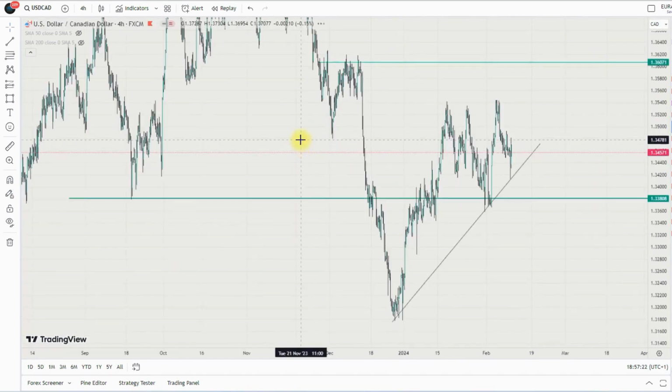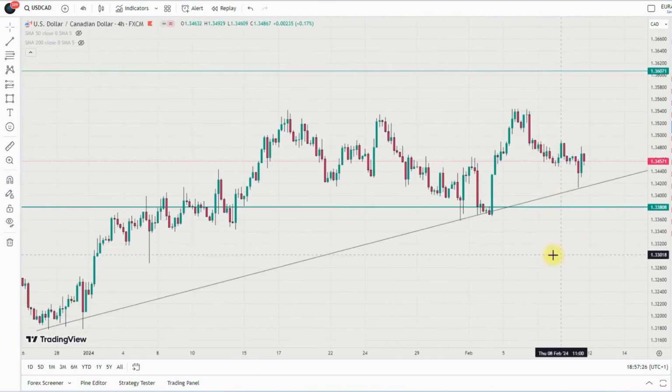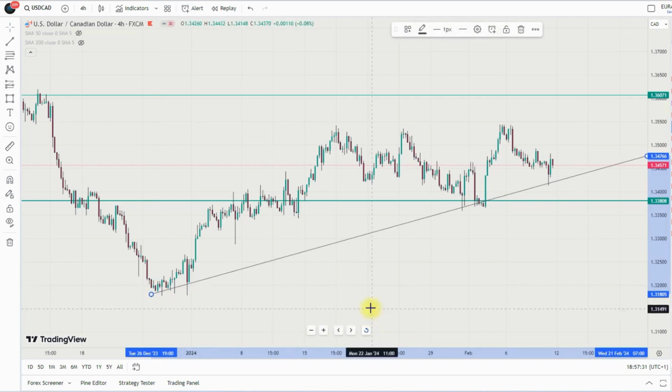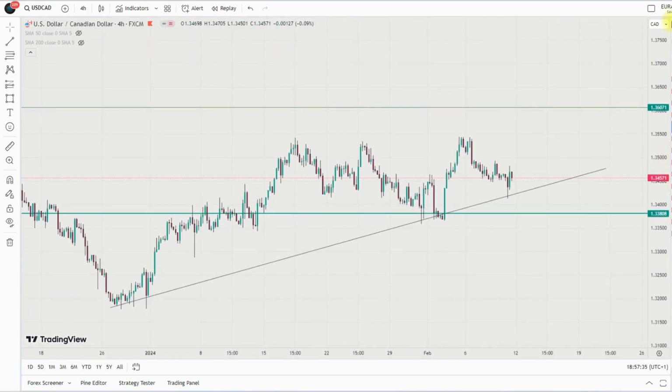So the next pair I want to check is US dollar CAD. Like I said, I'm very bullish on US dollar. Probably the CPI might actually bring justice to the bias. You understand? So I'm actually looking for price to come and retest this area, or pull back to